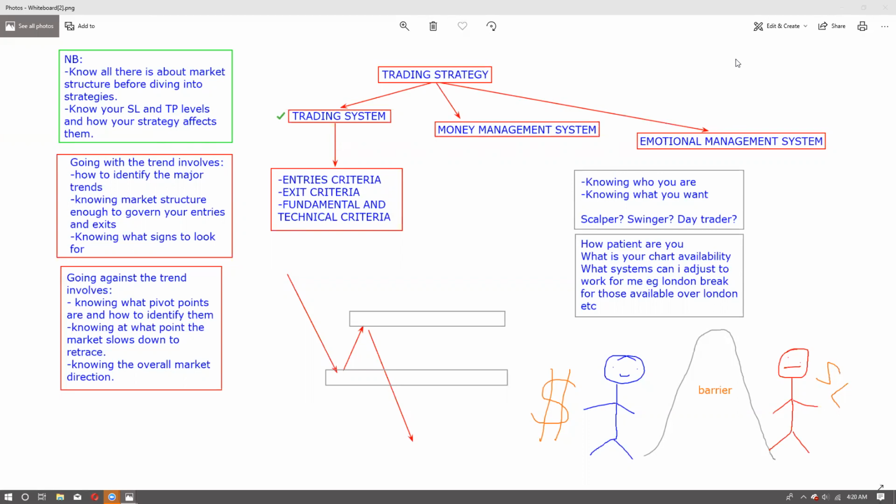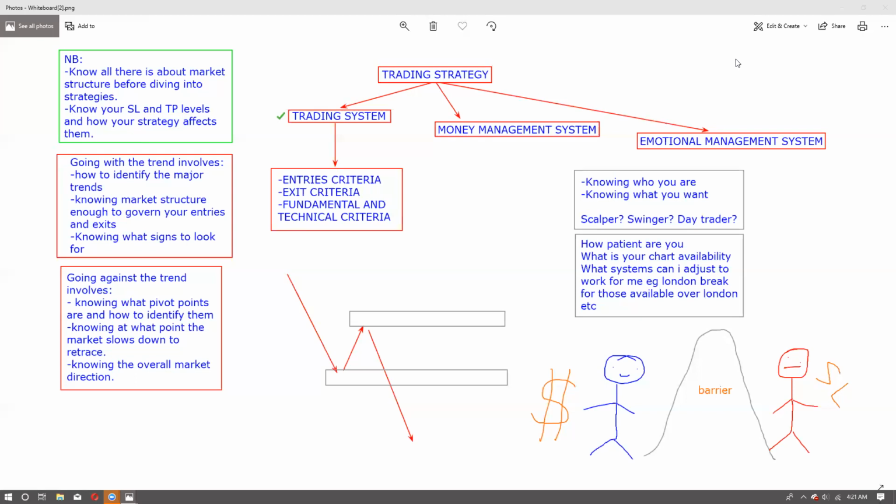And the third one is the emotional management system. This emotional management system is basically your trading psychology and everything that revolves around that, because you know for sure that if you end up taking a trade based off your fear of missing out on the market, that today you've not taken a trade, and so I need to force something so that I can make money, such approaches to the market end up being emotional barriers that make you lose on the target that you have set.